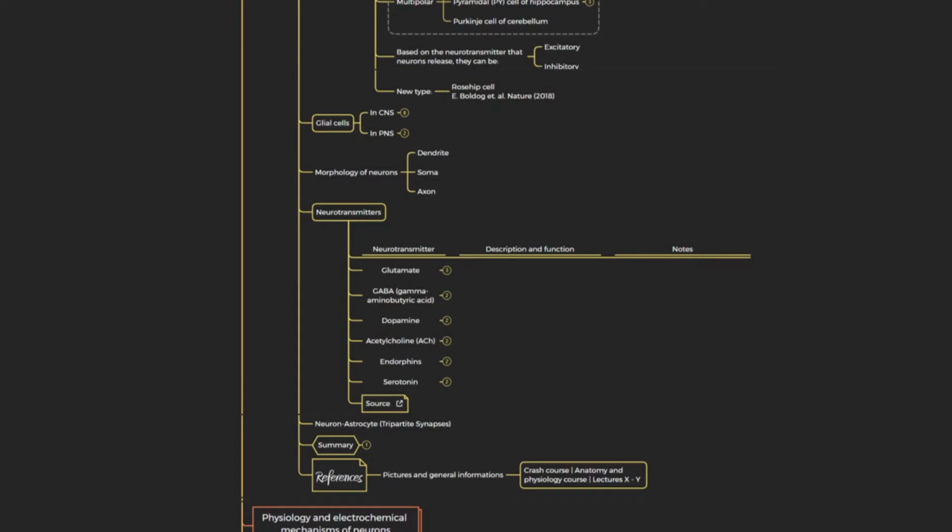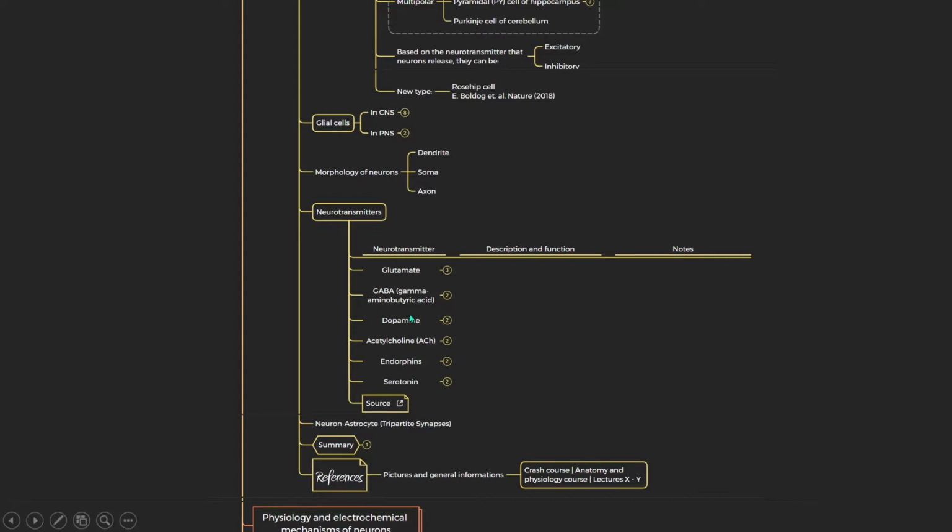Then you have glial cells, because 50% of the brain is made out of those glial cells. And of course, all of them will release some sort of neurotransmitter. A neurotransmitter released from neurons is called a neurotransmitter, and a neurotransmitter released from the astrocyte is called